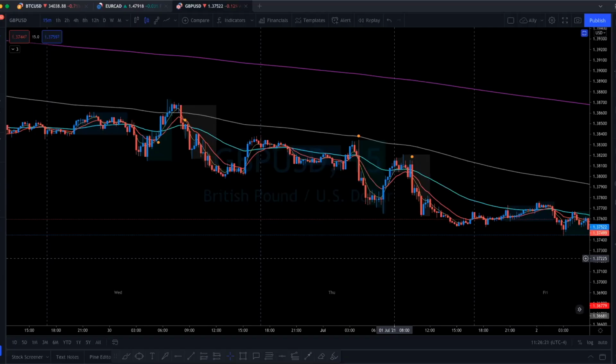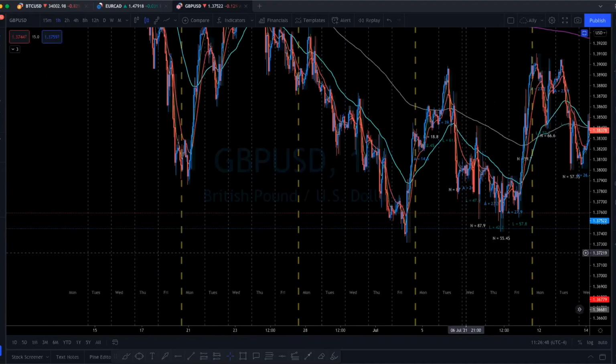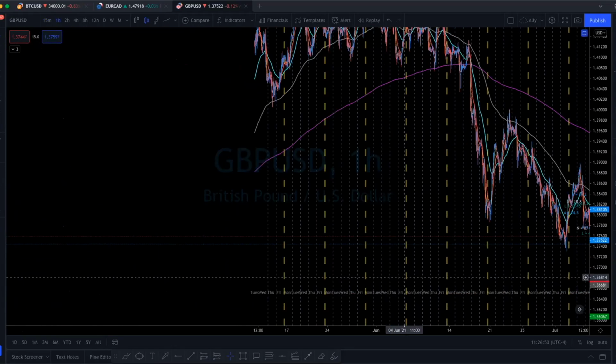The reason that you're using ADR is you're trying to project out how far price is going to go before you get some type of reversal, right? If you can project out 3 times ADR, you're thinking, okay, price action should go somewhere in this area before I get some kind of reversal. And if you can match that 3 times ADR with previous structure,